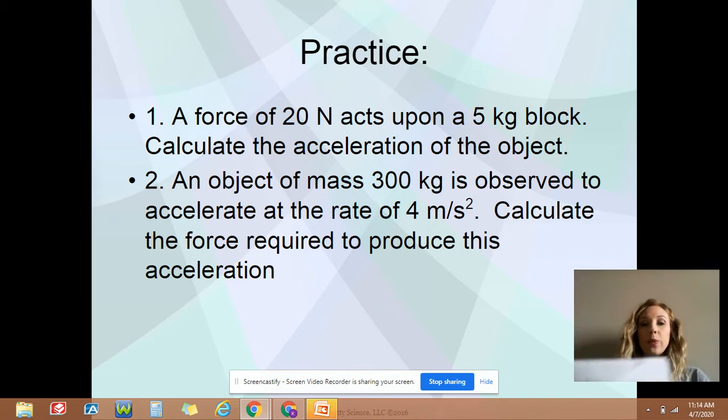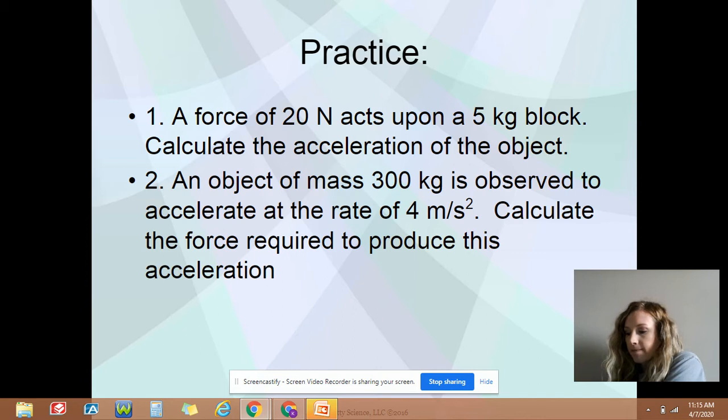Okay, so in this one, we're given an acceleration and we're given the mass. Okay, so my acceleration is going to be 4 meters per second squared, and the mass is 300 kilograms, and we are going to be calculating force. Okay, so this is Newton's second law. So the amount of force we can calculate by the acceleration and the amount of mass that we have. So 300 times 4, which is going to give us